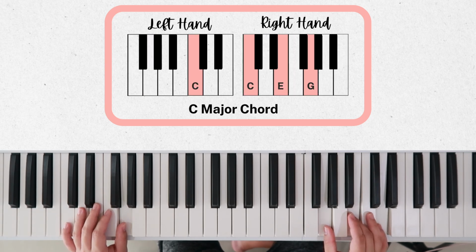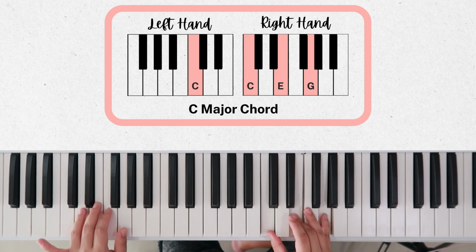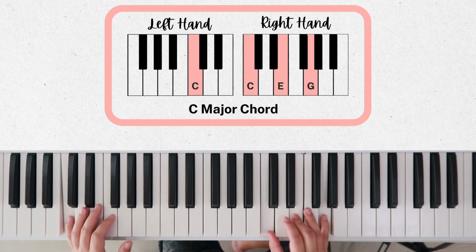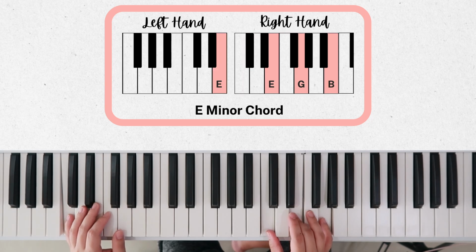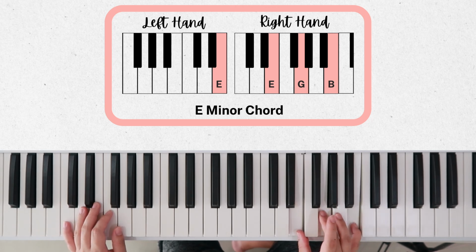And next we have our C chord. We're going to move our right hand down to C, E, G, left hand activate finger 5, C note, sounding together. This is our C chord. Next chord we have our E minor. We're going to put our thumb on E, then G, then B, left hand activate finger 3,